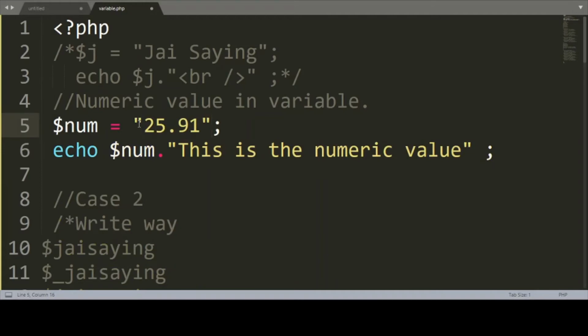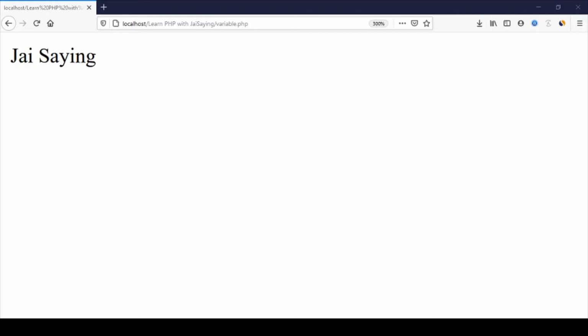So what is going to happen? Using double quote, what will happen? Now I'm going to refresh the browser.